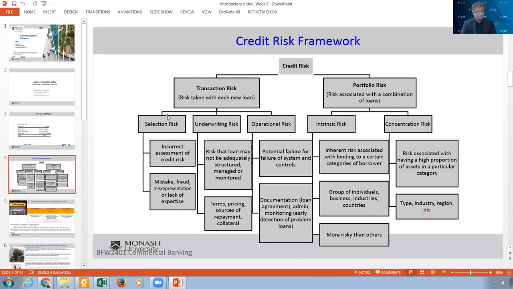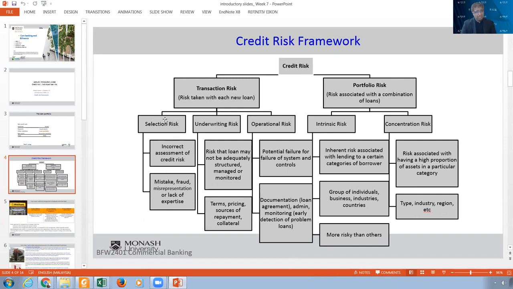It looks like when you get the wrong partner, or the wrong husband, or the wrong wife, or whatever. In this case, whatever you do later on, you are not actually solving the problem, because when you took it in the first place, it wasn't a fit. You can have incorrect assessment, but also you can have mistakes and fraud and misrepresentation, like what happened during the financial crisis. They were just making up documents and doing all these things. And this is actually coming in the selection.